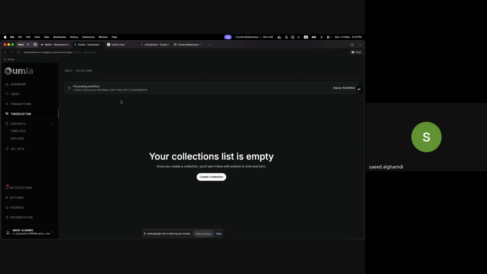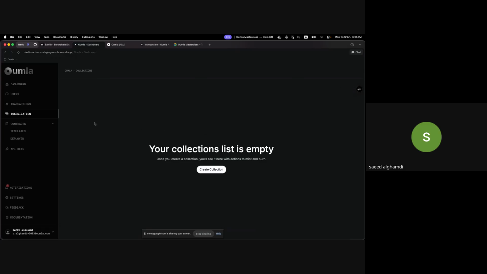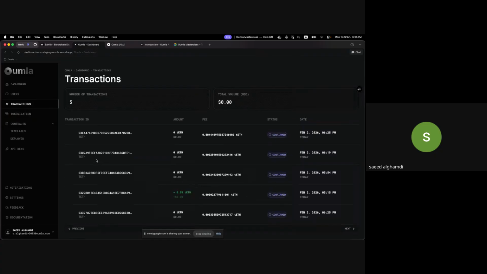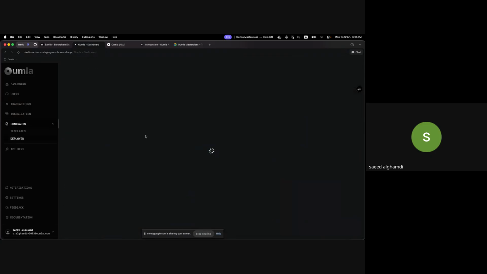And yeah, that's it. So let's wait for the transaction to be processed. For the hackathon, for sure it will be fast because it will be on the private blockchain, but for the demo here, we're doing it on the public one. And yeah, now it's completed. So let's refresh and see the transaction. Yeah, it's deployed here.